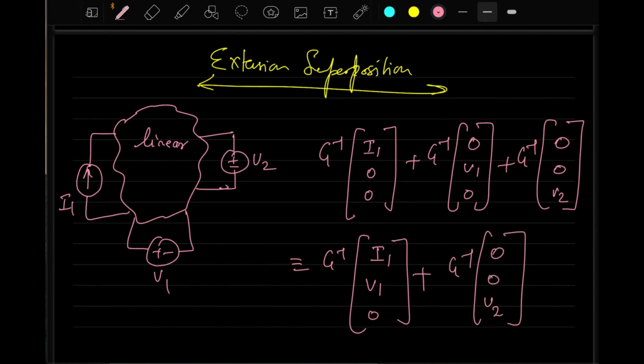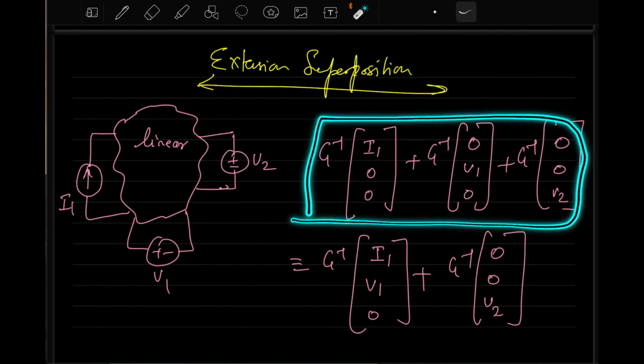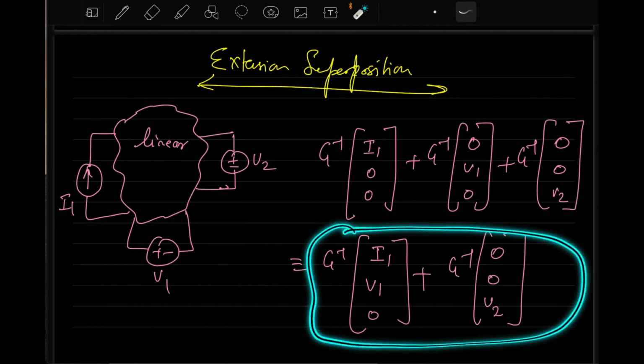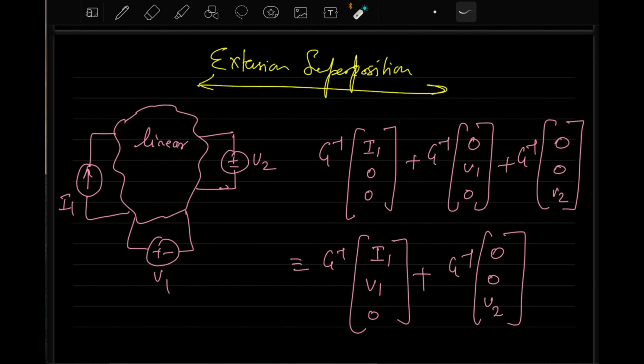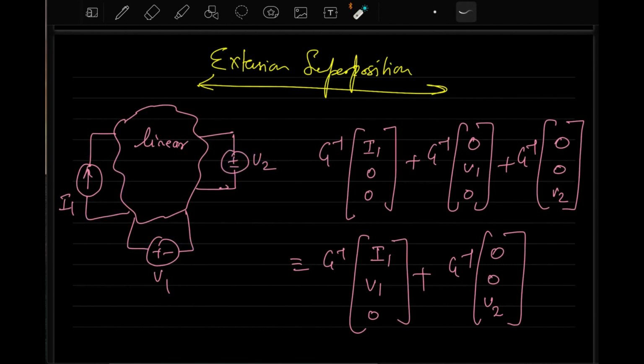Both of them are equal or no? So these two expressions are equal, right? This one and this one. Yes, sir. What it says physically is, in the earlier expression we already know what it says. In the second expression, what it says is we can get the same answer if we allow both these sources to act at the same time, and this one open circuited, and in the next expression we will turn this off and only activate this, as you can see from this expression.